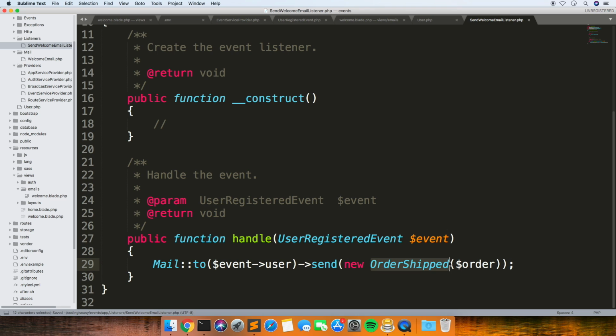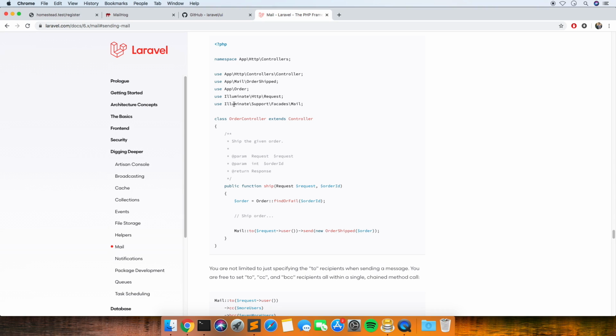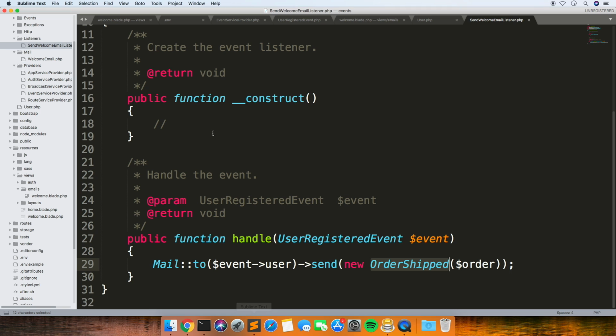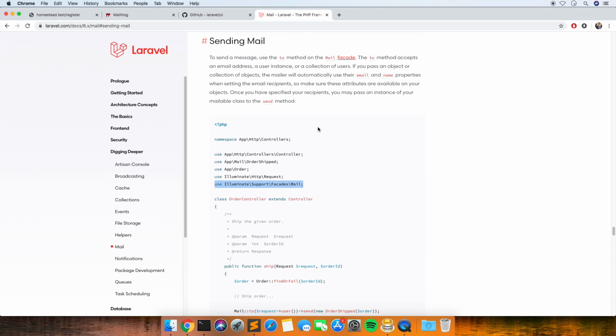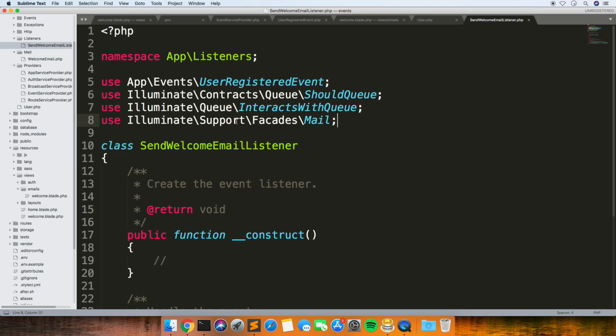And then this is the class of the mailable that we just generated. Where is it now? Let's just copy this example. We're going to need this mail library that comes with Laravel, so put that at the top. And then just copy this one and rename it to what we named ours.